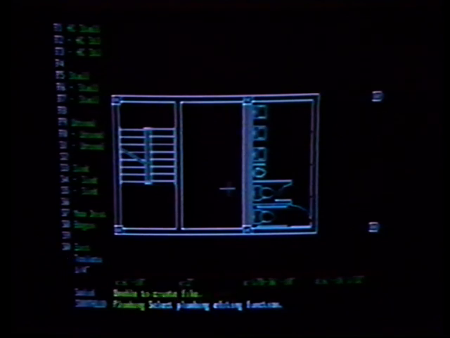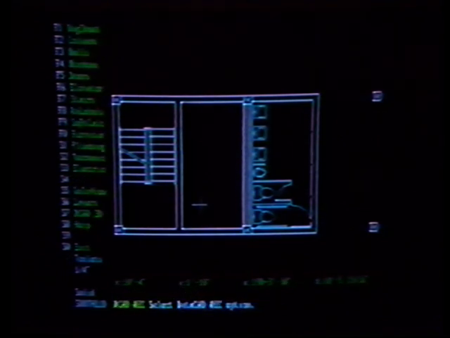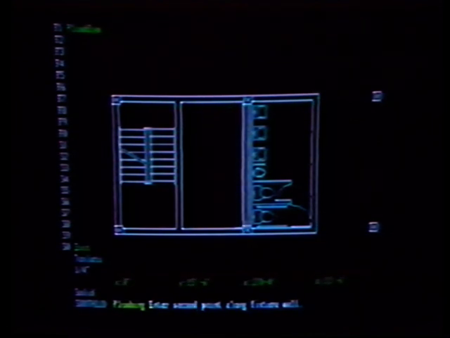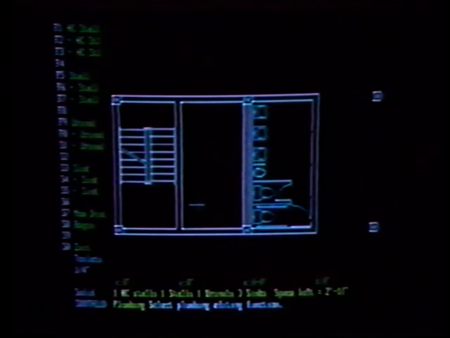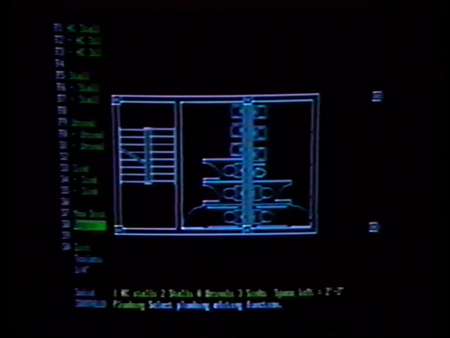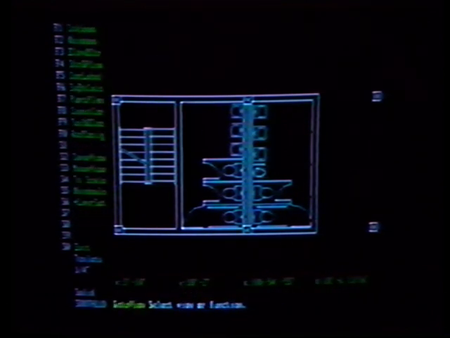Instead of having to redraw the whole thing and reconstruct the whole women's room, I can just go back to the plumbing menu and locate where that line of fixtures starts and stops, and then simply take out the urinal and put the stall back in and tell DataCAD AEC to begin again. And so here we see a different arrangement of like fixtures but different spacing because the stalls are wider than the urinals. That really takes care of the core, and so now we can go out to an overall view